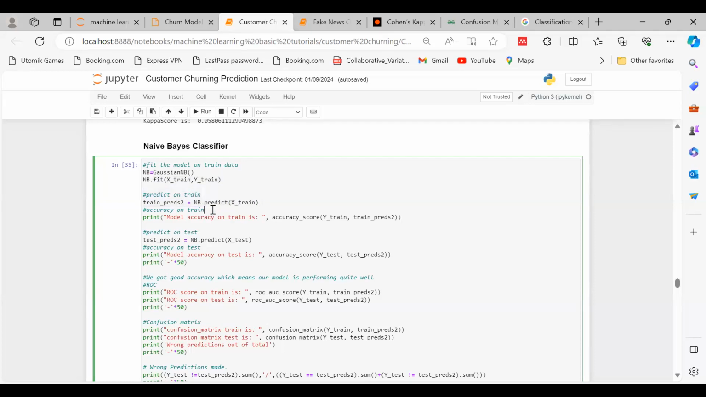And if you want to do the testing part, we are using the test data here. Here, nb.predict we are passing for the training. Here, nb.predict we are passing for the testing phase. So once we are doing the training and testing of this model, again, we are checking out the performance metrics